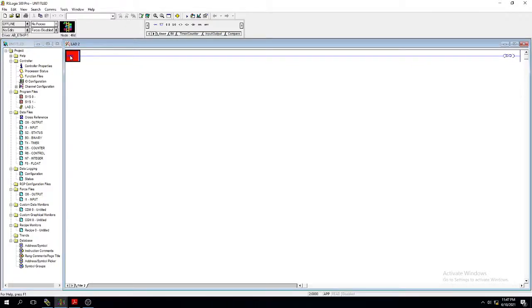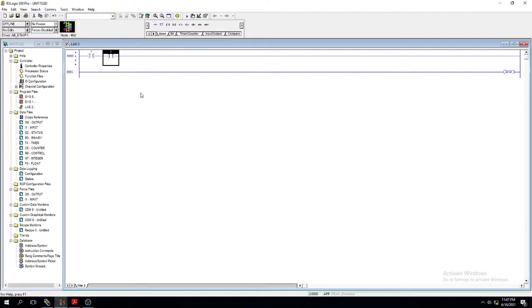For that purpose, just take two inputs. AND logic is two normally open switches, and you have to take one output. For the two inputs, I am using toggle switches as input. It is very easy. Toggle switch 1 is one input name. The other one is toggle switch 2.